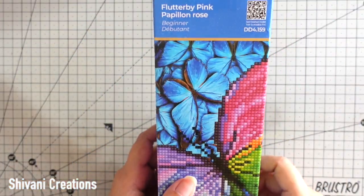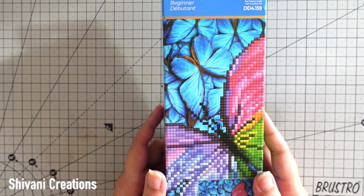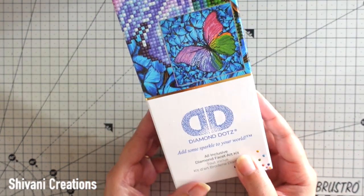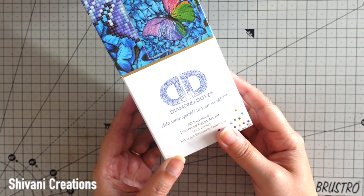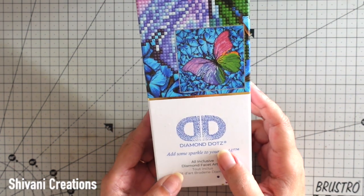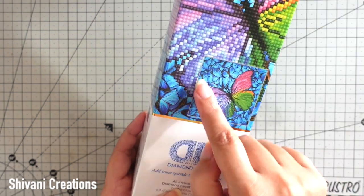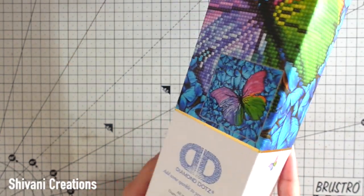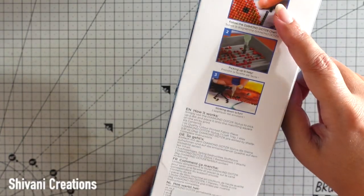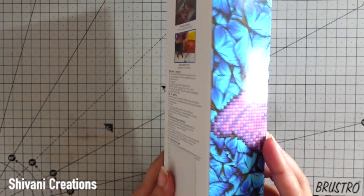So here is this kit called Flutter by Pink in Diamond Dots Art, and I got this from Hobbycraft store. Recently I have shown the complete craft tour of Hobbycraft store in London, and from that store only I got this kit. So after finishing, the final pattern will look like this, and the steps are given on back side